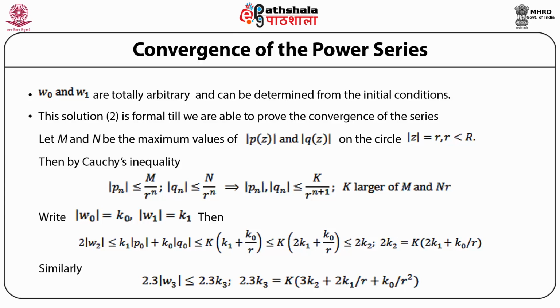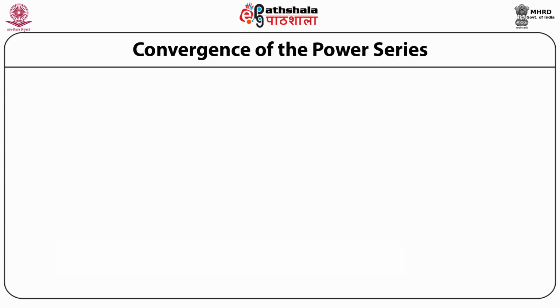Similarly, 2 into 3 times modulus of c3 is less than or equal to 2 into 3 times k3, where 2 into 3 times k3 is equal to capital K times within the brackets (3k2 plus 2k1 by r plus k0 by r squared). Continuing in this fashion, we have modulus of c_n is less than or equal to k_n,